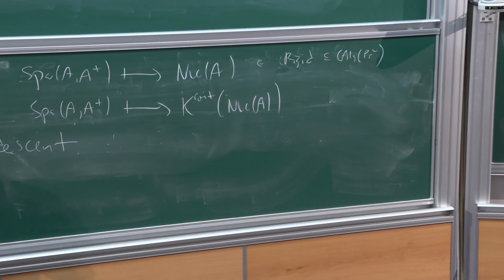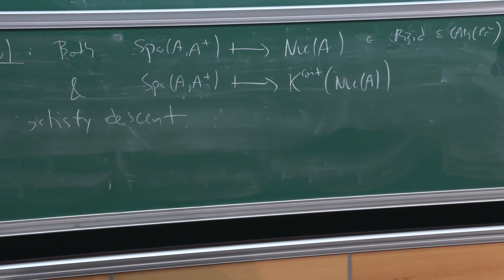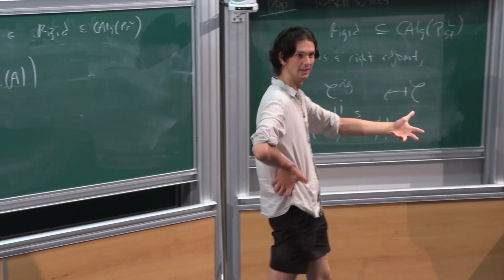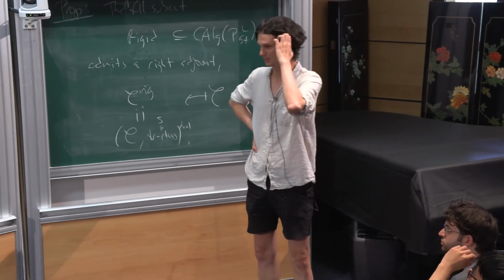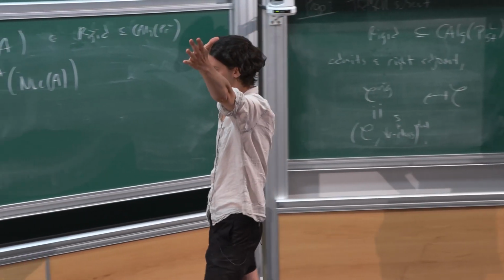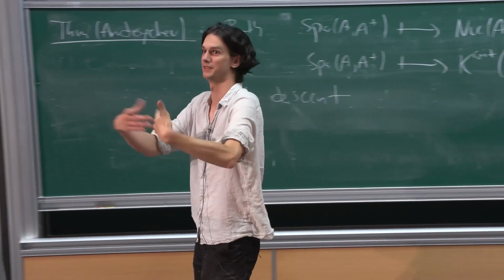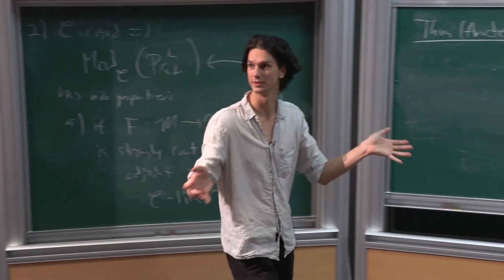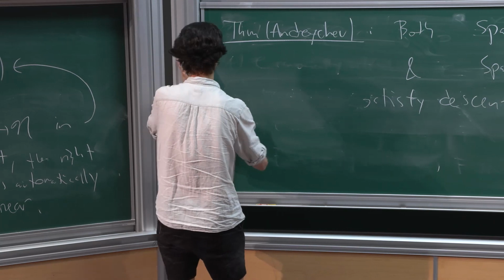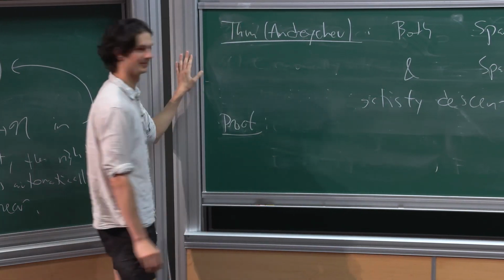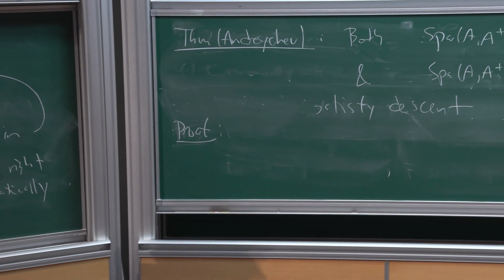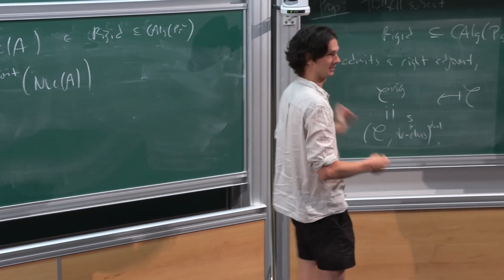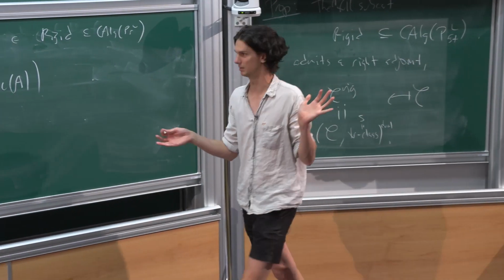And I want to sketch the proof because it shows, well, I started the first lecture giving some motivation about why small stable infinity categories are not enough. I said that in analytic geometry, even though in some cases, also by results of Andreychev, you have descent for perfect complexes, you don't have descent on the level of K-theory because for perfect complexes in analytic geometry you don't have localization sequences. What happens in this proof, I hope Greg agrees with me, feel free to chime in at any point, is that this situation now all of a sudden looks exactly like the situation in ordinary algebraic geometry.